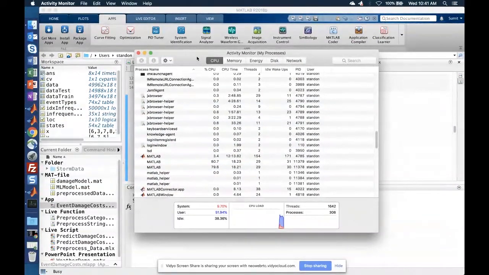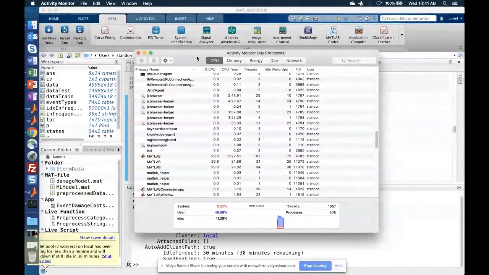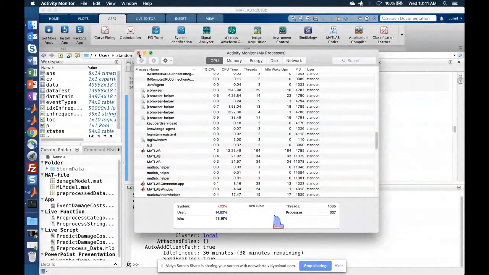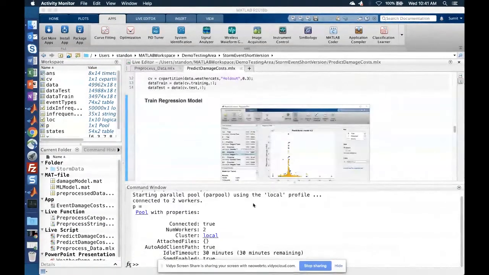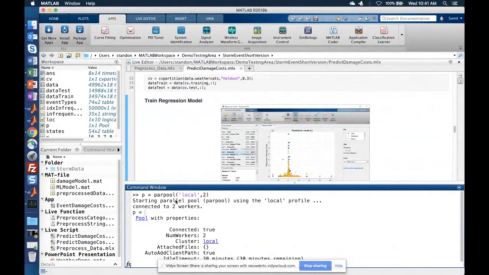So with the help of Parallel Computing Toolbox, you can launch workers on a local machine to speed things up, and you can also take advantage of any connected GPUs for speeding up the processing. With the help of MATLAB Distributed Computing Server product, you can launch these workers on a cluster, which could be just a bunch of machines connected sitting under your table, or it could be a supercomputing cluster environment like WestGrid, or it could be cloud computing environments as well.